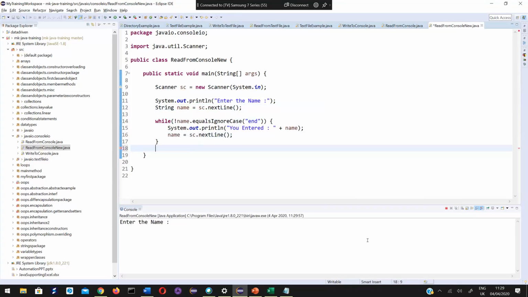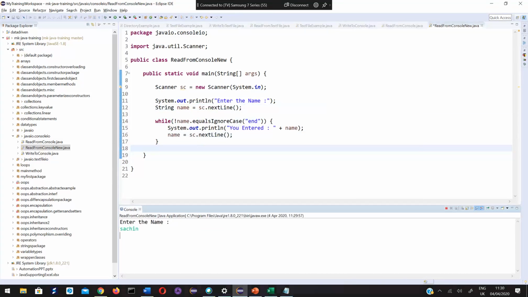I need to enter the name. It's waiting for me to enter a value.